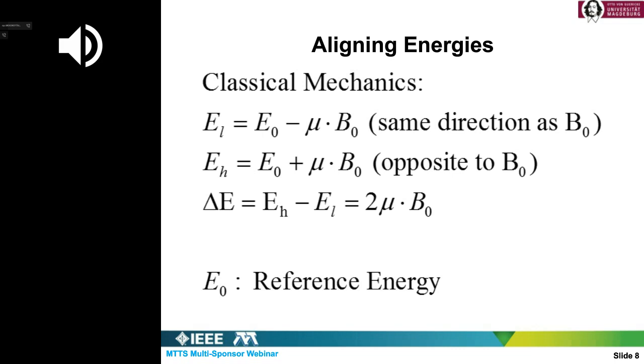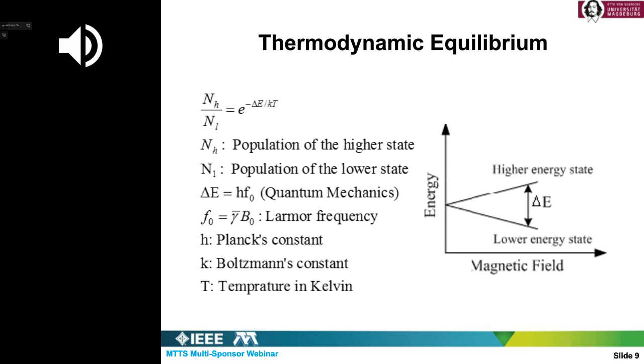challenge. Now let us come to how much is the difference between parallel minus anti-parallel, because actually what you measure outside the body is this difference. So Boltzmann gives us the statistical distribution. If you have two energy states, the number of particles in the higher energy state divided by the number of particles in the lower energy state obeys the Boltzmann distribution, which is e to the minus the difference in the two energy states divided by the Boltzmann constant times the absolute temperature.